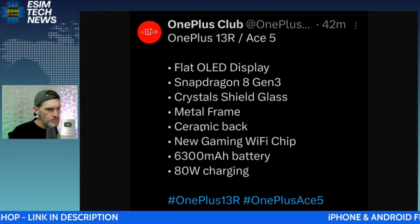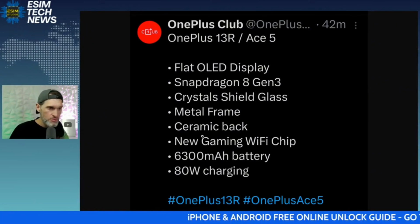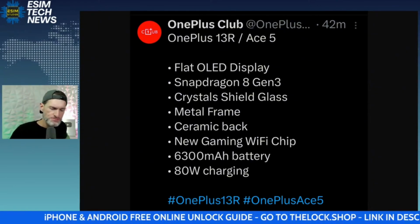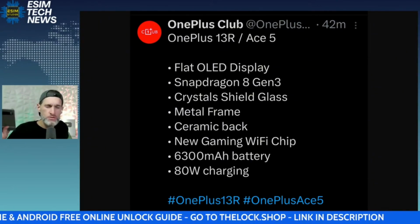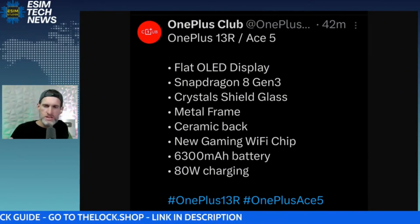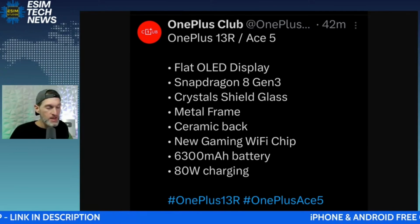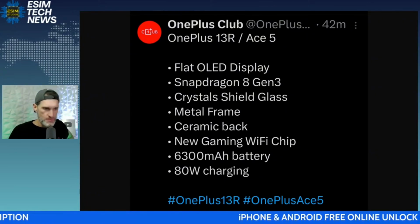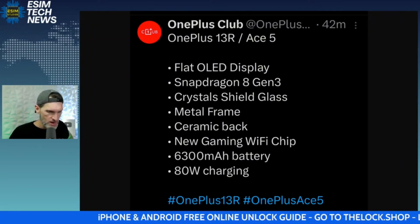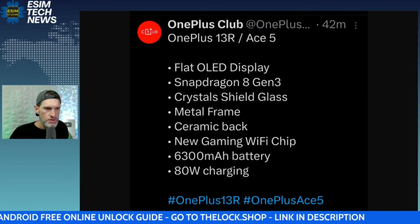It's gonna have a 6,300 milliamp hour battery. Just for reference, the Google Pixel 9 Pro XL, big phone, big heavy phone, 5,000. S24 Ultra, 5,000. So look, guys, you're gonna get 2 days of battery life out of this thing. And the best part is, when you got to refill the battery, it's only gonna take literally a few minutes. So hopefully,